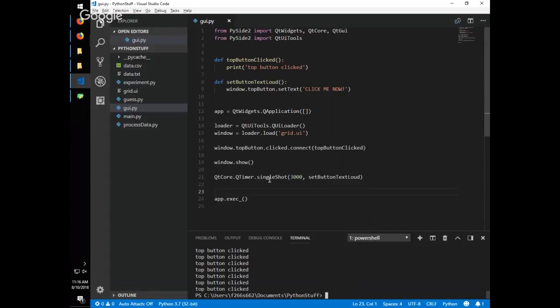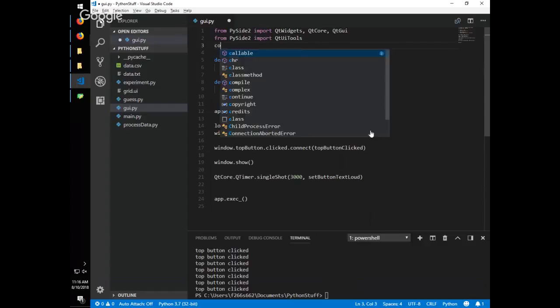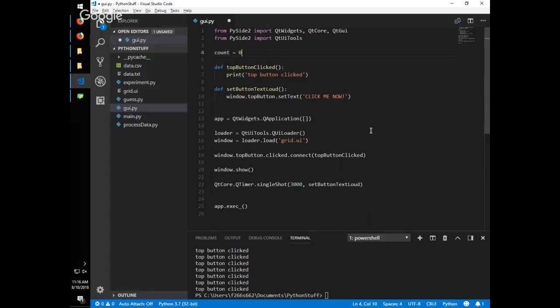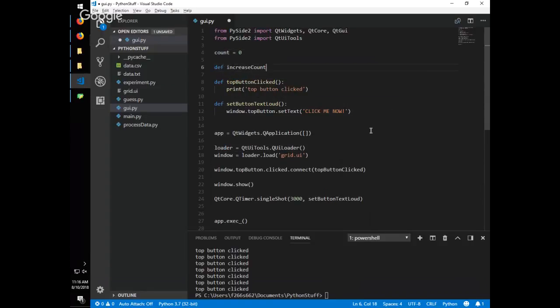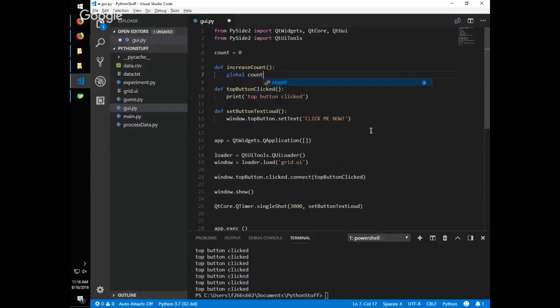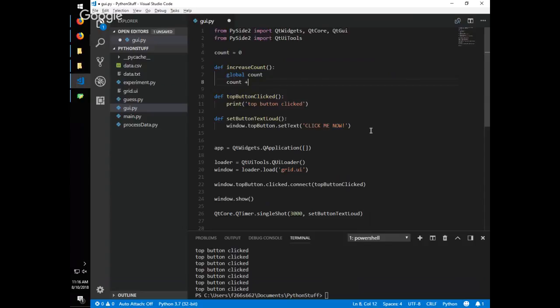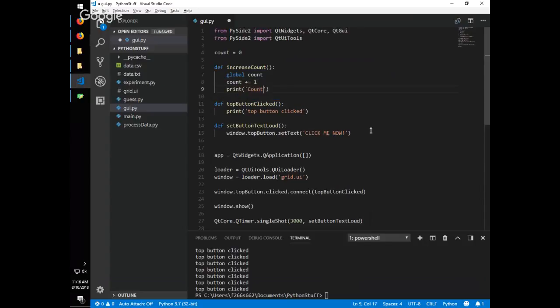The other type of timer is the interval timer. So that's the single shot timer for just doing something one time. If you wanted to do something repeatedly, like maybe every second we wanted to increase some count, I'm going to create a variable called count and set it equal to 0 and define a function called increase count. And that function is going to modify the value of count to increase it by 1 and print that to the screen. Very simple function. If I want that function to occur on a regular basis, so every second it will increase, I can use an